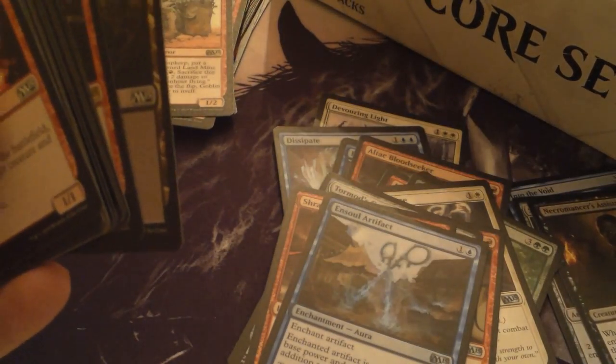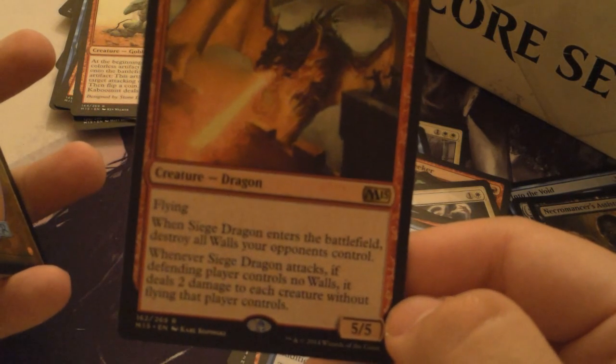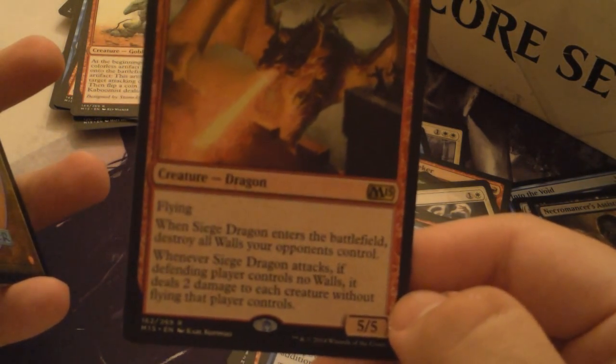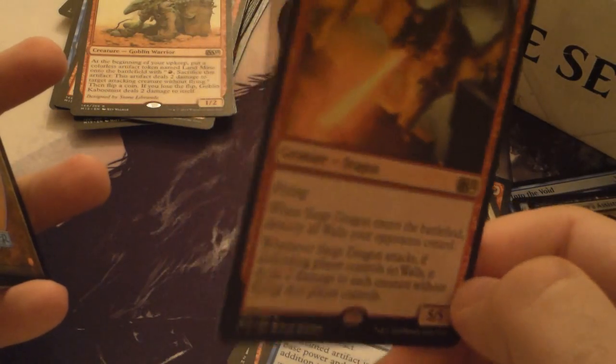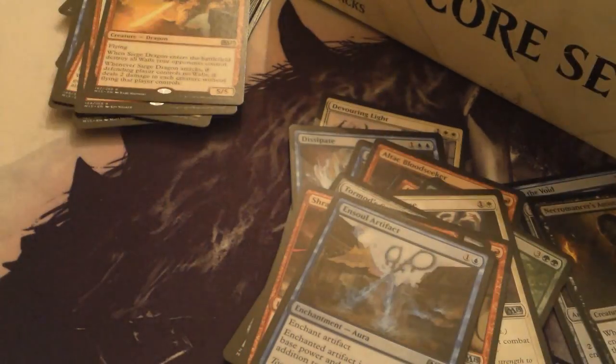Okay, moving on here. Another tip card. Let's move some of these packs out of the way. We have a Swamp and a Siege Dragon as our rare, 7 mana 5/5 flyer. When it enters the battlefield, destroy all walls your opponents control. Whenever it attacks, if your opponents control no walls, it deals 2 damage to each creature without flying that player controls. I want to say that would be an answer to Elspeth and sort of like the red-green decks